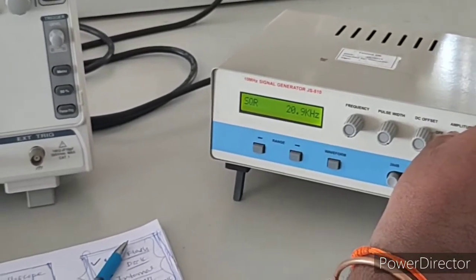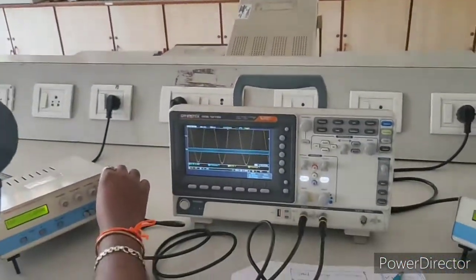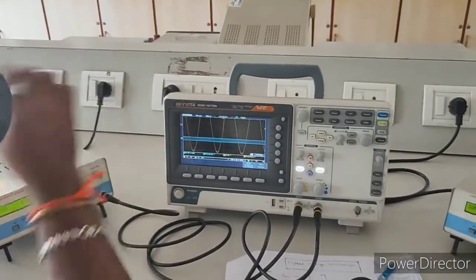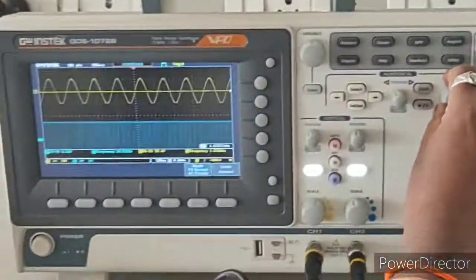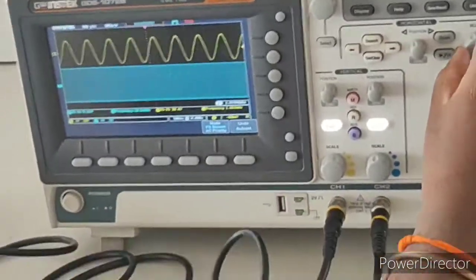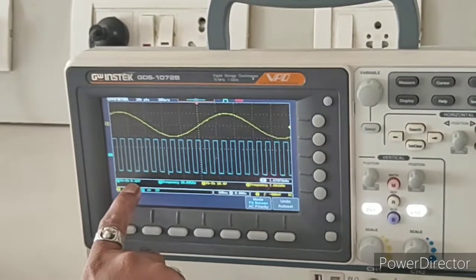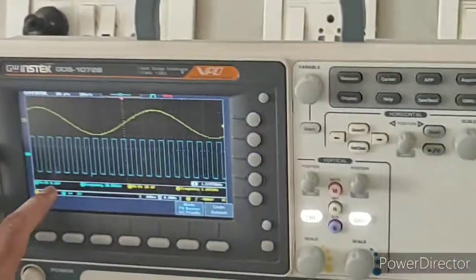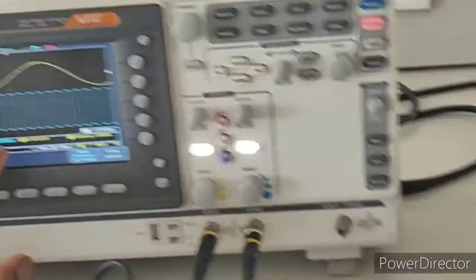This is the amplitude. Now I am changing the amplitude. Here also I will change the amplitude of the sine wave. Now go for auto set. Run stop button. See here, the peak to peak amplitude previously was around 20 volts. Now I have changed it. It is displaying 6.16 volts, frequency 20 kilohertz.